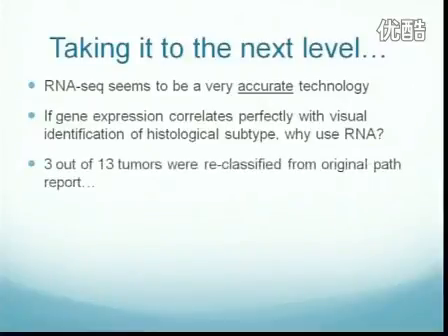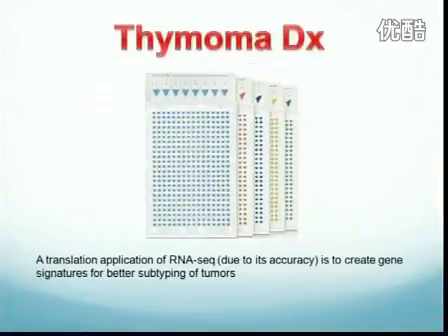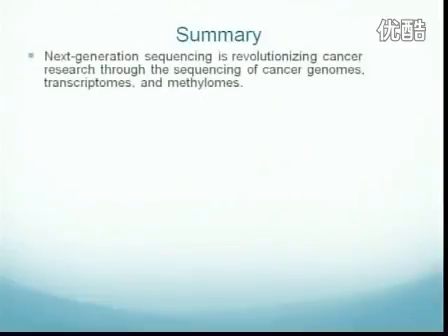Interestingly, 3 out of 13 tumors that we had done were reclassified based on our data, and really their patient chart was changed here in the Clarion IU Health database once we did the RNA-seq. So we are actually right now potentially working on a qPCR diagnostic tool to better subtype these thymomas. So I think in summary, next-gen sequencing is revolutionizing cancer research through the sequencing of cancer